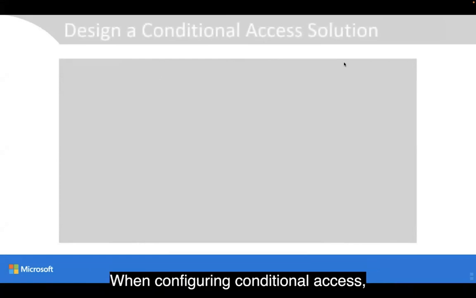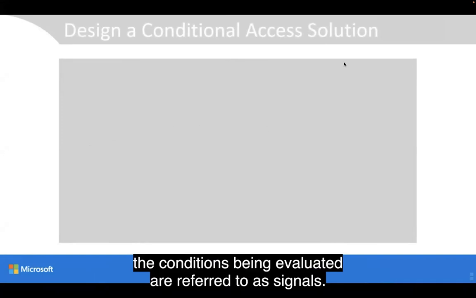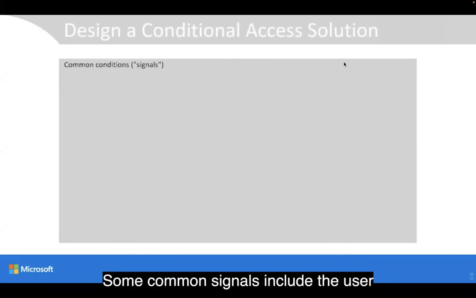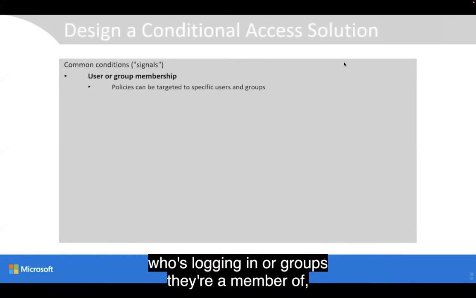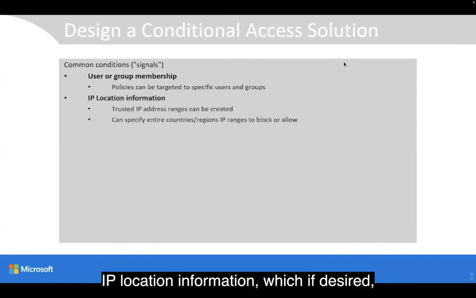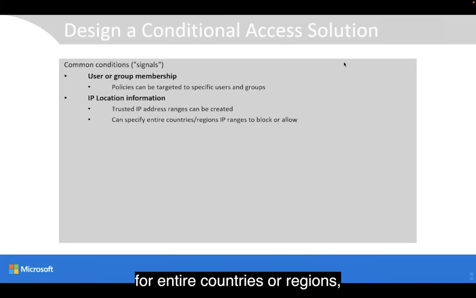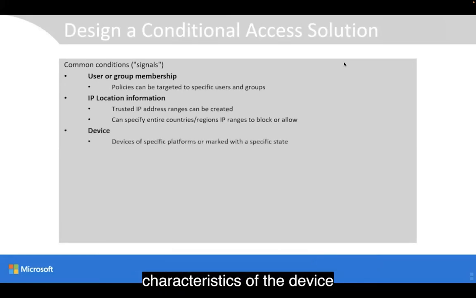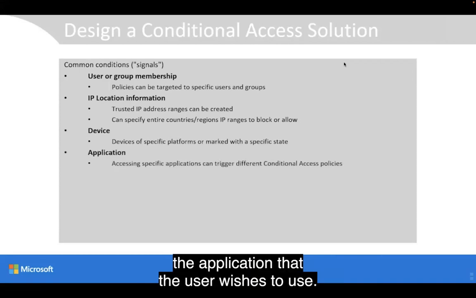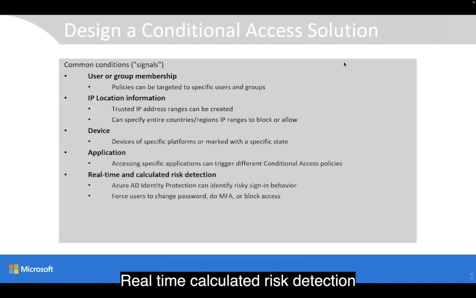When configuring conditional access, the conditions being evaluated are referred to as signals. Some common signals include the user who's logging in or groups they're a member of, IP location information, which, if desired, can be used to block or allow the IP ranges for entire countries or regions, characteristics of the device that the user is logging in with, the application that the user wishes to use,